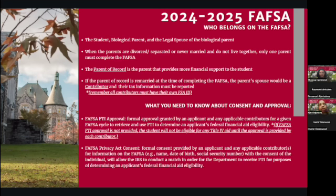Now, if the student or a contributor does not approve the consent of information being exchanged from the IRS to the Department of Education, the student is no longer eligible for Title IV federal funds. However, if the student and the contributor do provide consent for the exchange of tax information from the IRS to the Department of Education, so that we can determine what type of eligibility the student has,